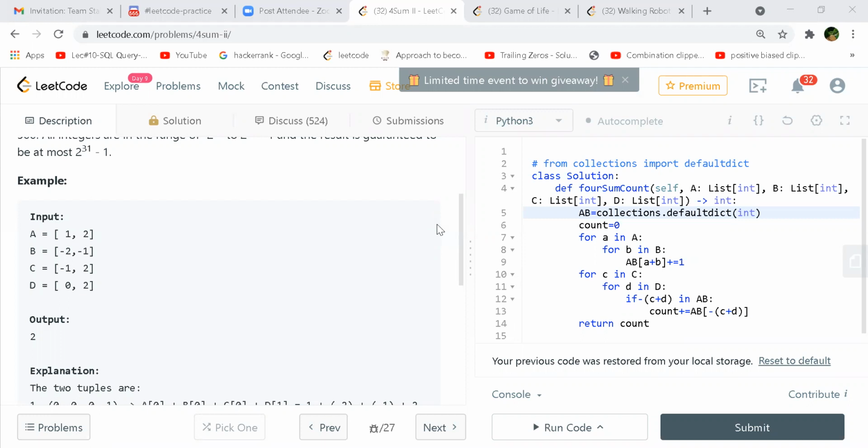He's adding one element of A with one element of B. If we start the for loop with the zeroth location, 0 of A with 0 of B, then 0 of A with 1 of B. Whenever he adds these, he puts that in the map with count 1, and he will keep on incrementing the count. So he's going to take all the combinations of A and B and put that in the map, right? So they are all unique combinations, correct?